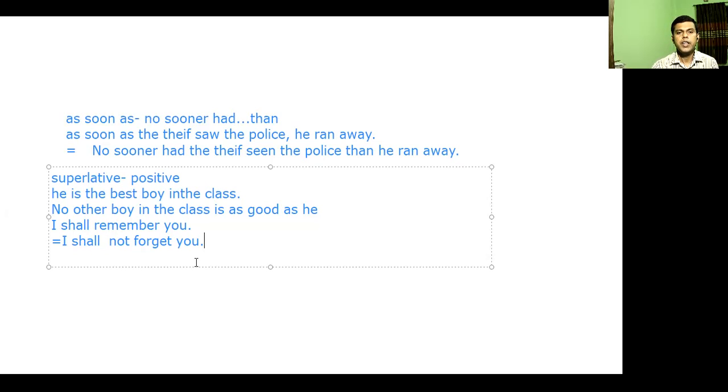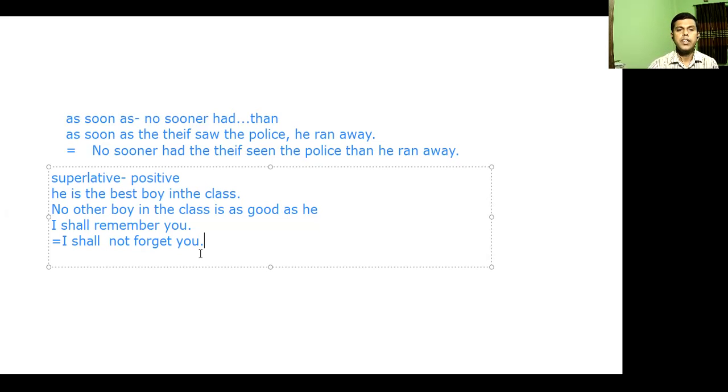Try to keep in mind that you cannot sense the meaning of a given sentence. You can only sense the form of a given sentence in case of transformation. Then go to next rule.